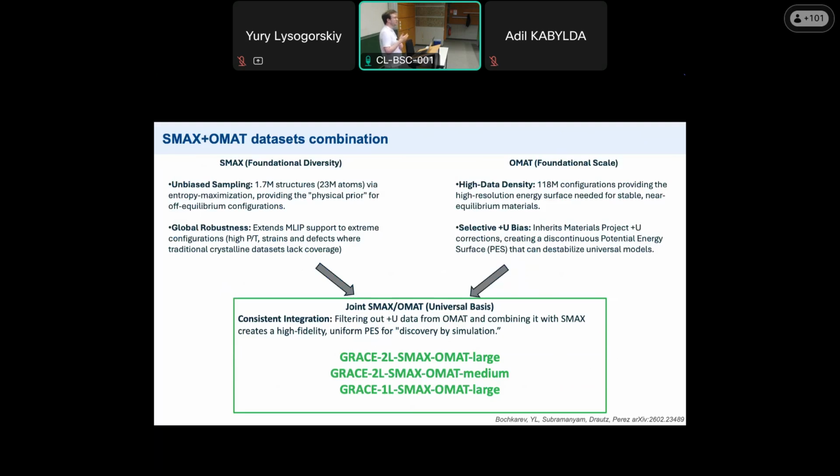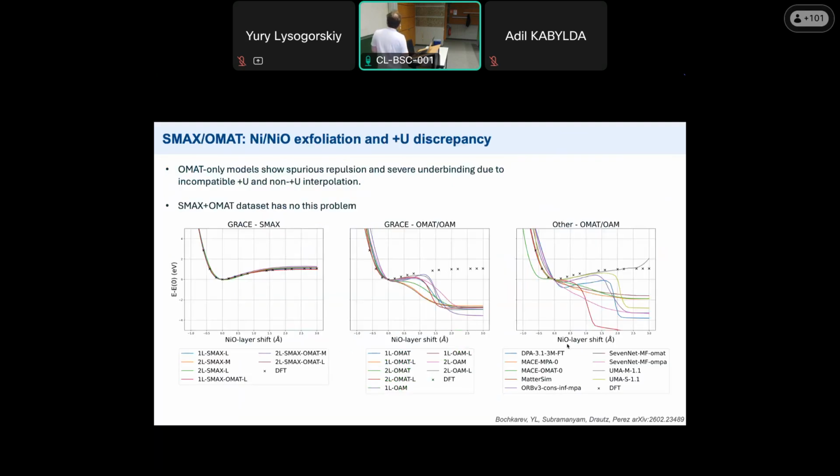In some cases, this absence of +U correction makes things smoother for some simulations. For example, if we take a nickel surface with a nickel oxygen top layer and try to exfoliate it, we tried with different models, and that's how we actually found this test case. Grace, OMAT, and OR models show a drastic drop because once you move nickel from oxygen, due to this discontinuity, it swaps internal state from +U to no U, which means just discontinuity.